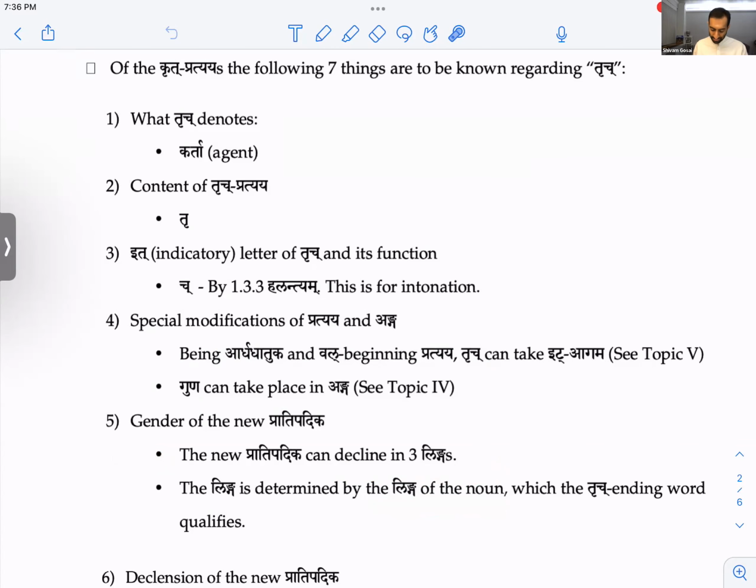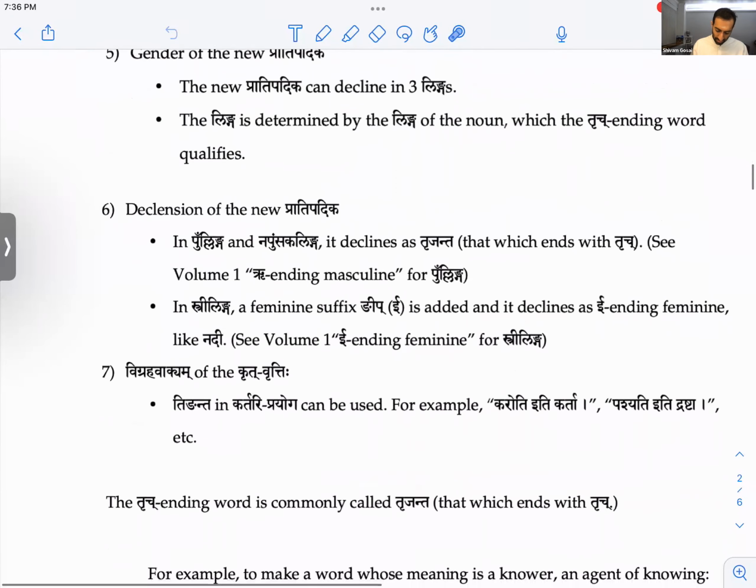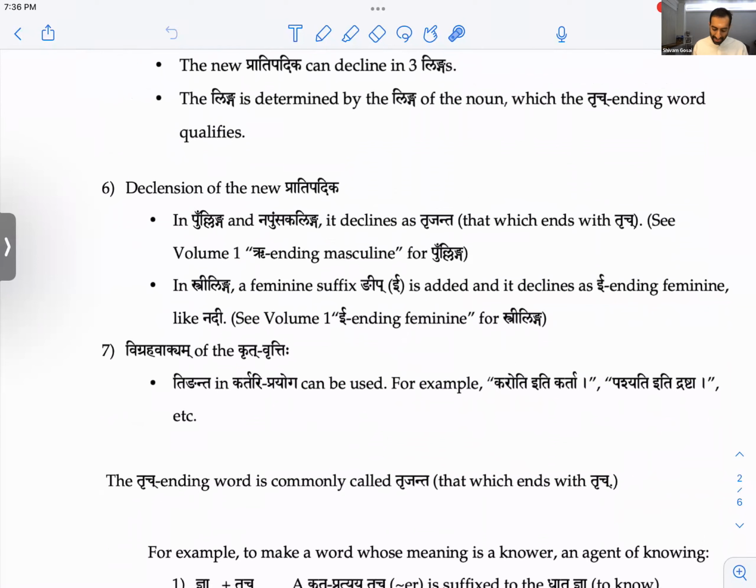In masculine and neuter, it declines like r-ending masculine, like Kartru shabda from the warm-up screen, which we'll quickly review today. In feminine, it declines as e-ending feminine, like nadi.